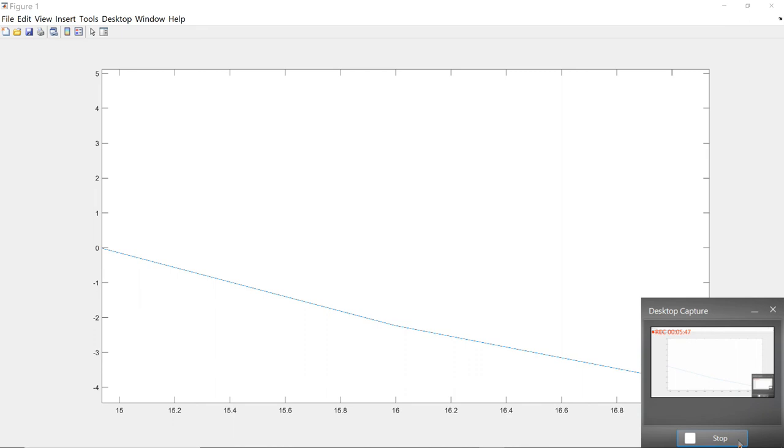It's like 14.9 something, the root of the function. So this is one way of finding the root, but of course this is not very efficient. Okay, so